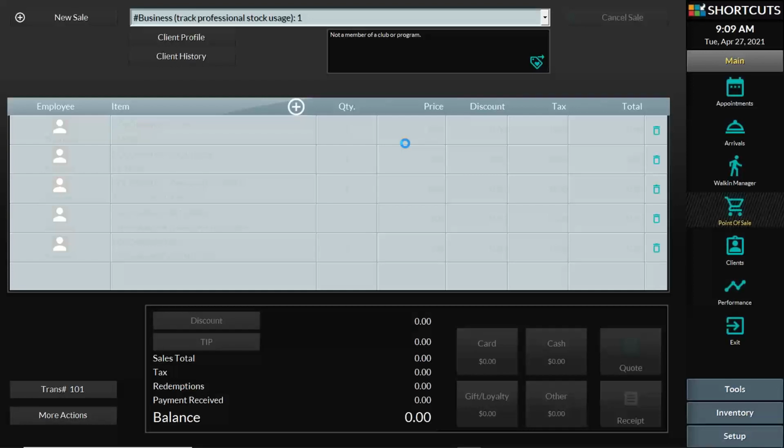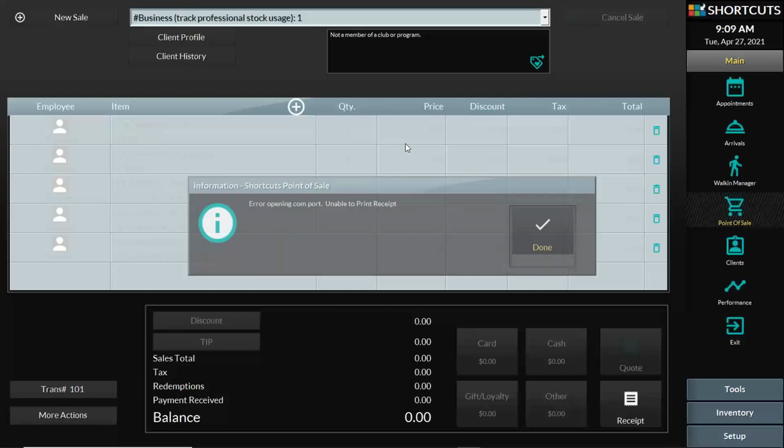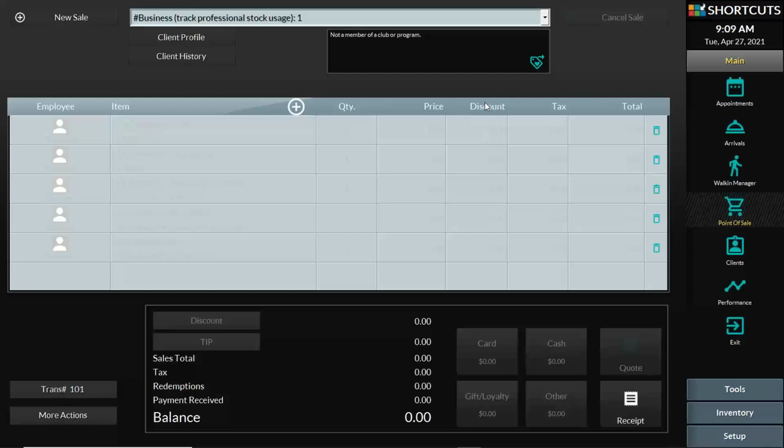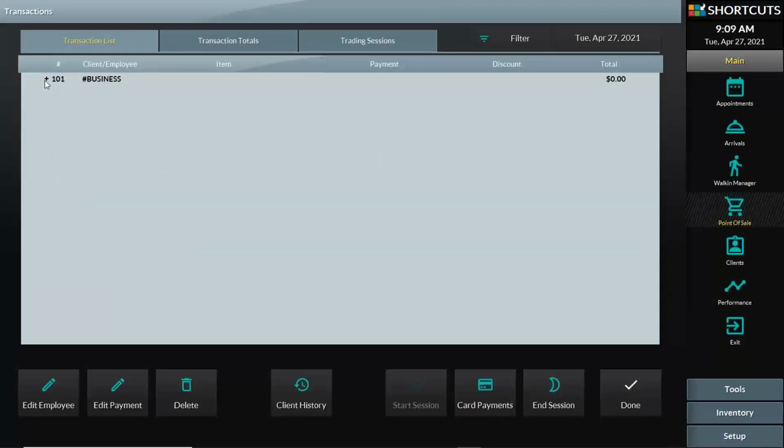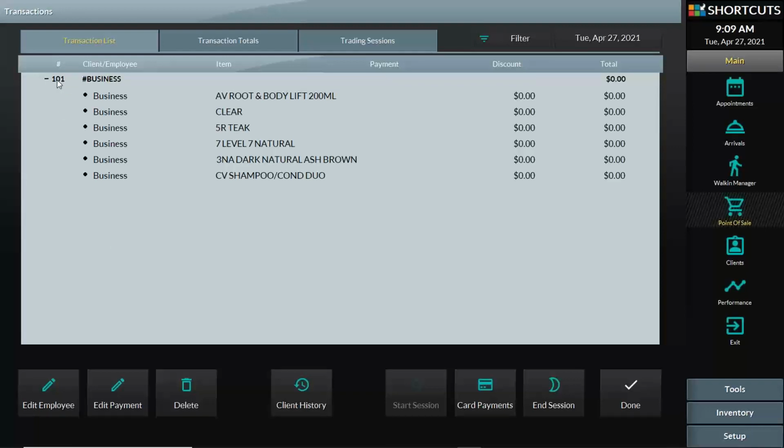So if you haven't been doing this, start to make it part of your end of day process. You'll go to hashtag business. Business is your employee. Business is your customer. And just scan out those products. Now, of course, I don't have a receipt printer connected, so I don't have an actual way of printing my receipt. But now you'll see